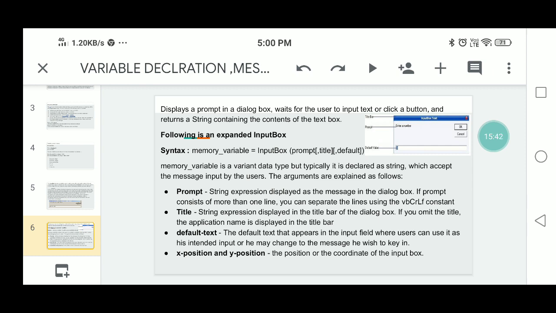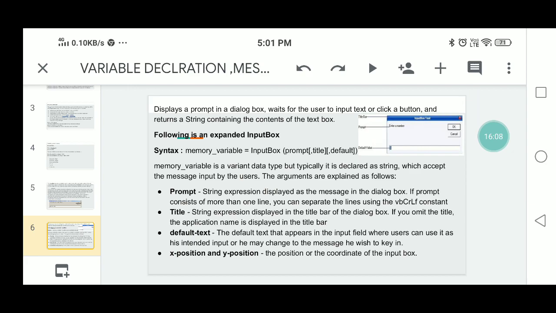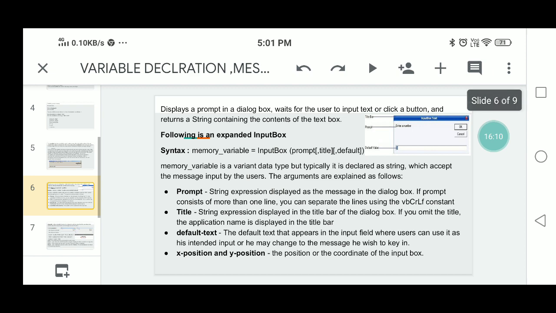In the input box you can enter whatever data is entered through the keyboard, which accepts the message input by the user. The arguments are explained as follows: what is the prompt, what is the title, what is the default text, and what is the position X, Y.